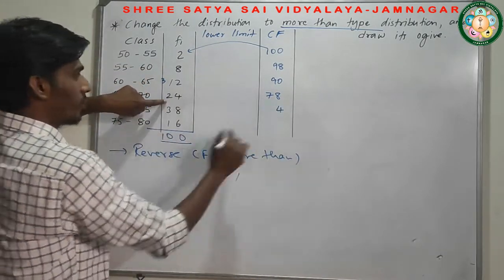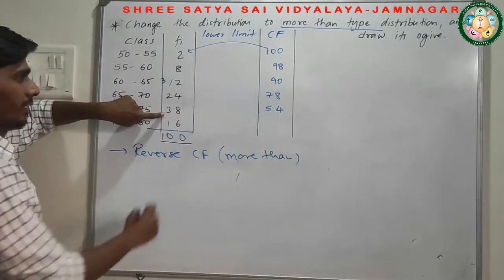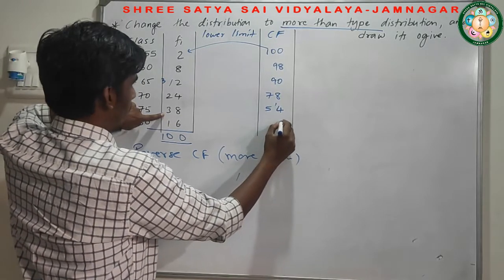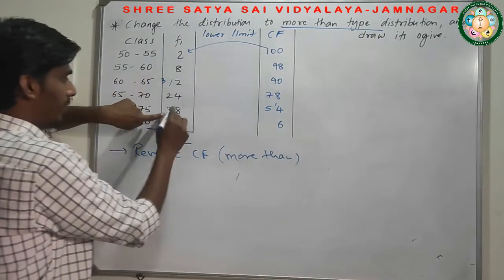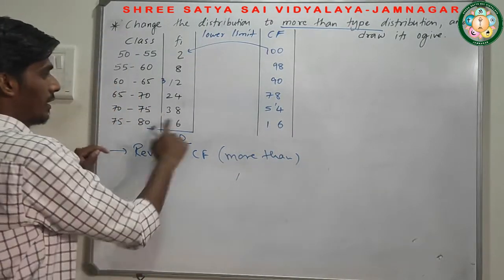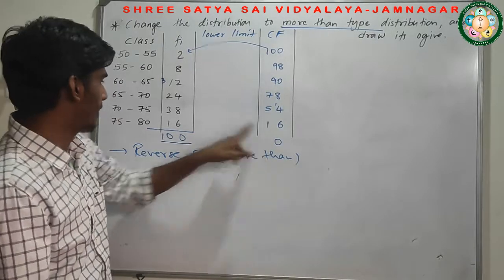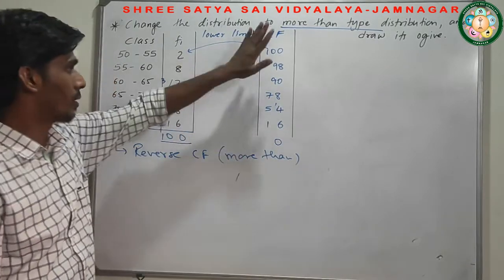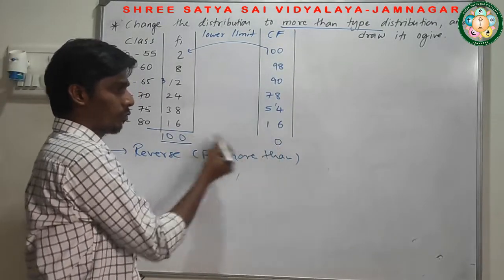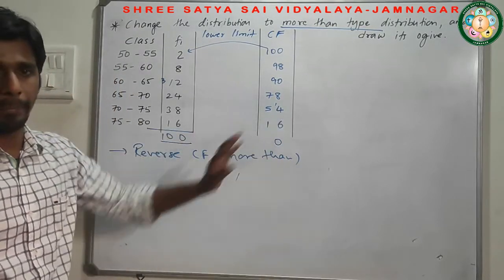8 minus 4, it's 4. And 7 minus 2 is 5. Then 54 minus 38. So 14 minus 8 is 6. And 4 minus 3 is 1. Then 16 minus 16 is 0. Once you got 16 minus 16 is 0, suppose if you got up to this, then suppose the subtraction of last two number is 0, then our CF is correct.